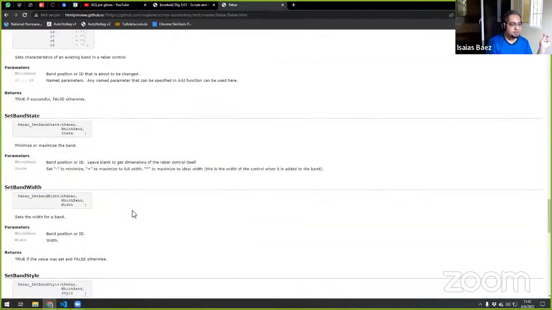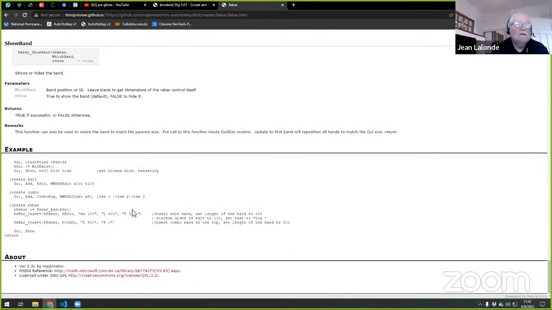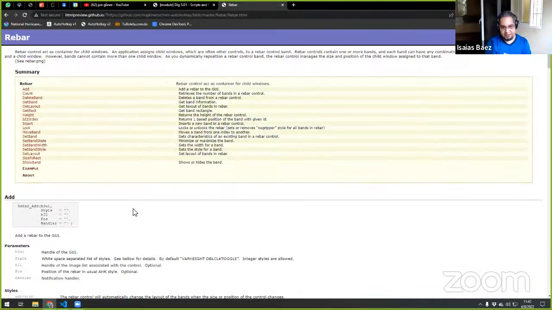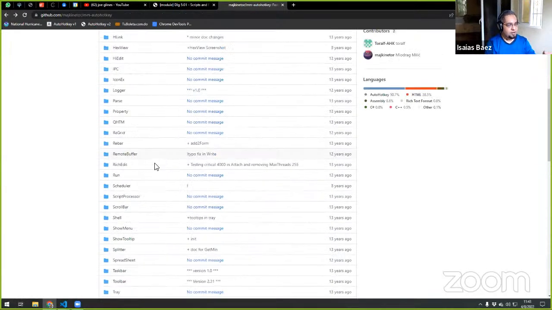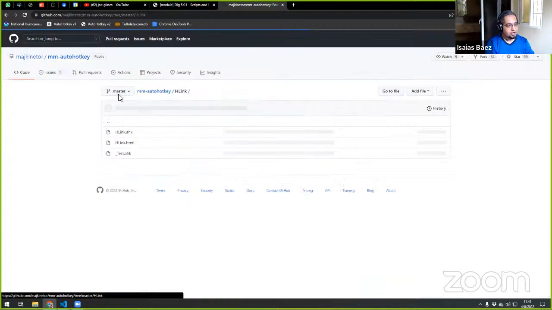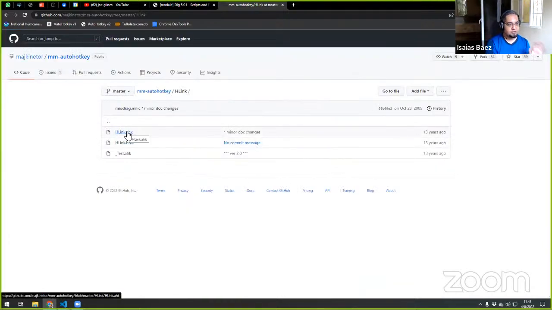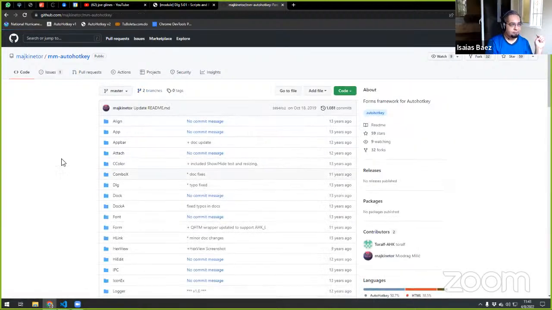Yes, you can do that. It's a whole library, and the second link that I sent on the chat is for this. You could take a look at how it works, but you just click on H-link and you can download that AHK if you want. So it is not like you have to download the whole thing.